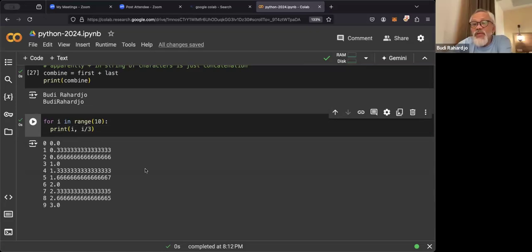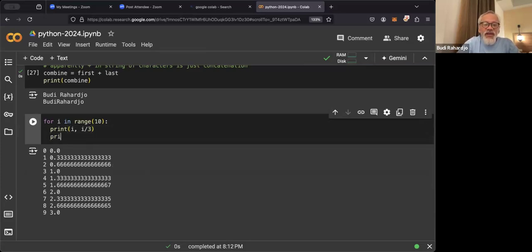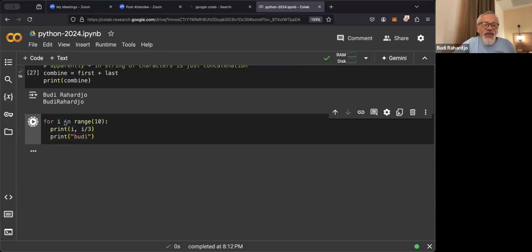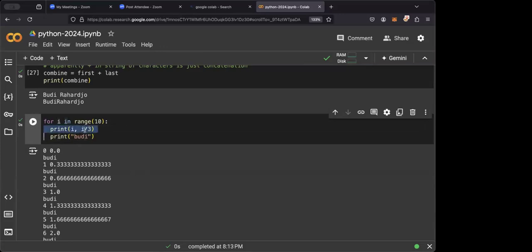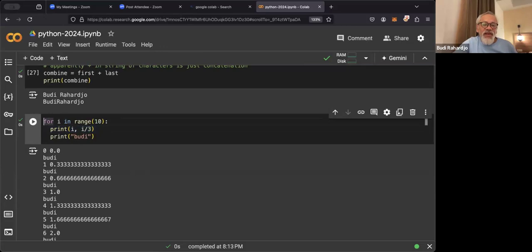So basically, we can do some looping, or I can also print Budi underneath. So every loop it will create Budi. For every loop, let me just put a pound sign here so that it will not be executed.